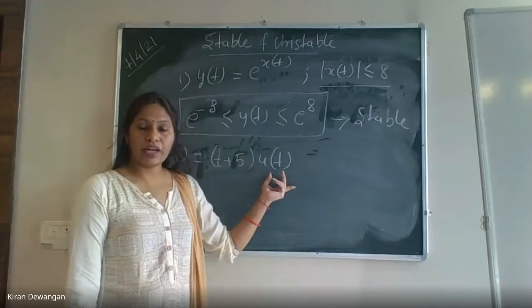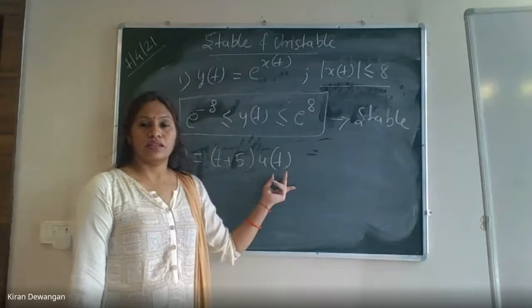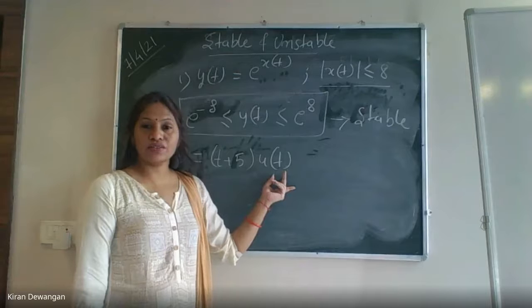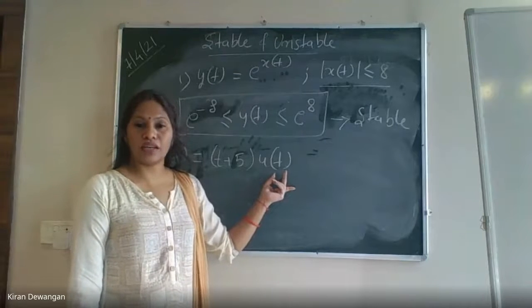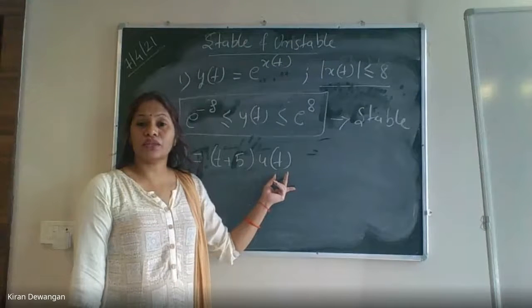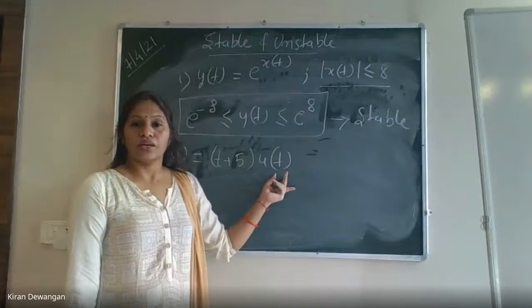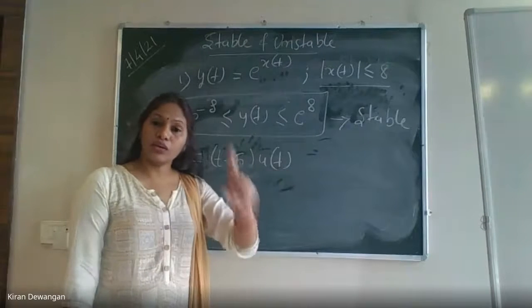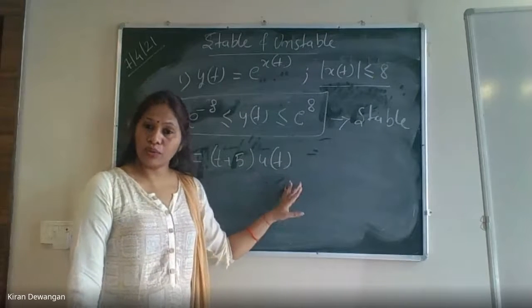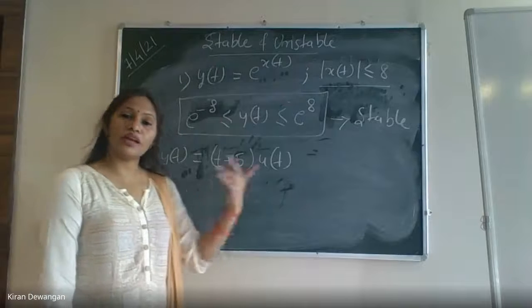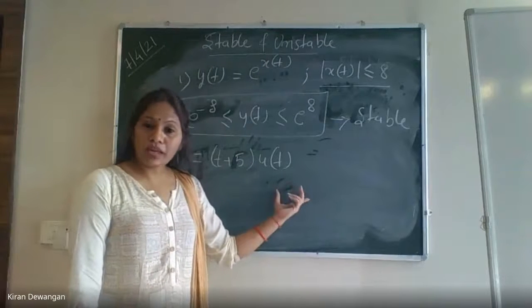Is u(t) a bounded input or not? Yes, reply fast, students. Why no? What is the value of u(t)? We are talking about the magnitude. It's a bounded input. u(t) always has a value 1. For any value of t greater than or equal to 0, the value will be 1. For t less than 0, the value will be 0. So it will be a bounded input.